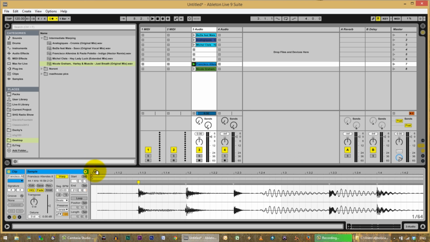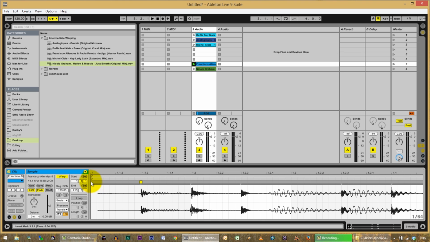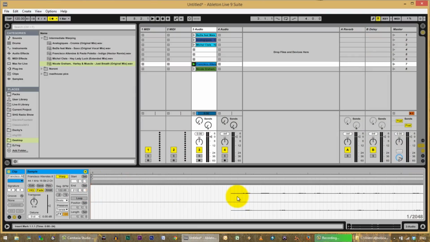Now what happens if you did, for some reason, want to put a warp marker there? Huh, you can't. You cannot put a warp marker before there is audio. That's the problem in this case. You would think because there's a 1 there, then surely you must be able to put a warp marker there. But if you were actually to look at this audio file in an audio editor, for some reason the beginning of the audio data is right there.